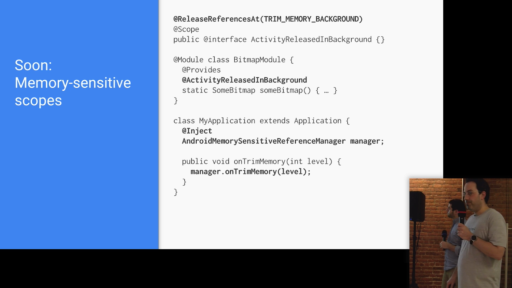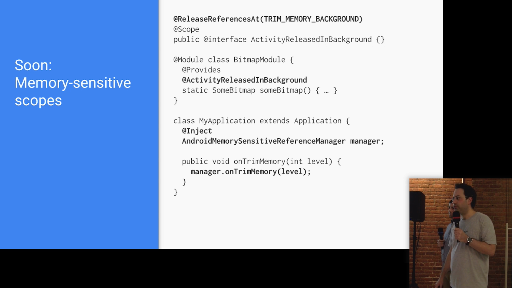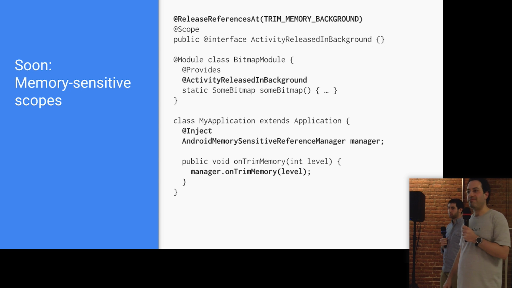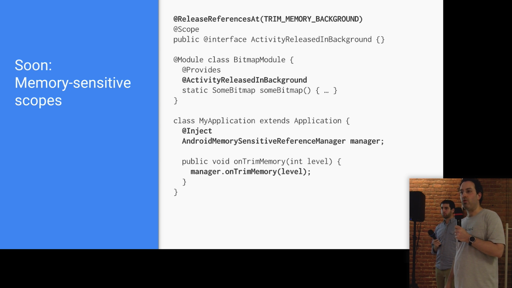So, here's what you can do. You can define a scope and annotate your scope with @ReleasableReferences. And you can give it one of the constants from ComponentCallbacks2, which, if you're not familiar with that, it's probably not very interesting. What that means is, if you have a binding like some bitmap, as an example, some bitmap you don't want to instantiate lots of times because it's big, and you just want to keep it once while you're using it and then throw it away,